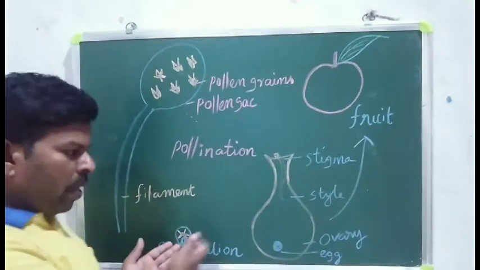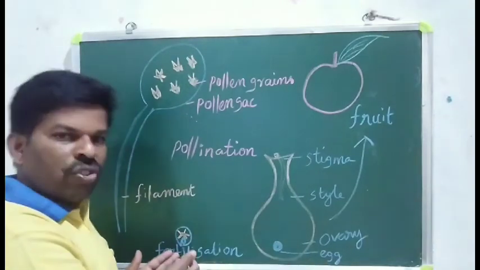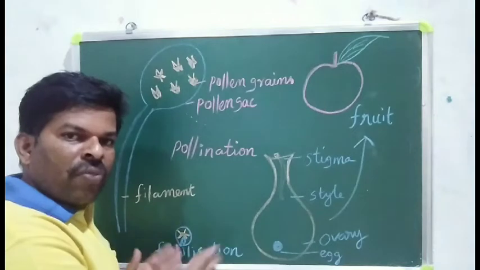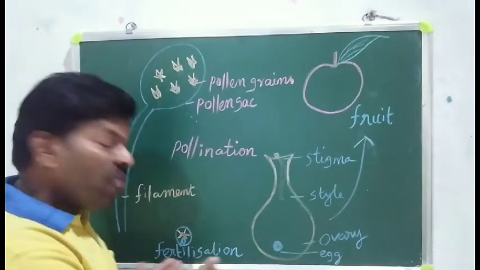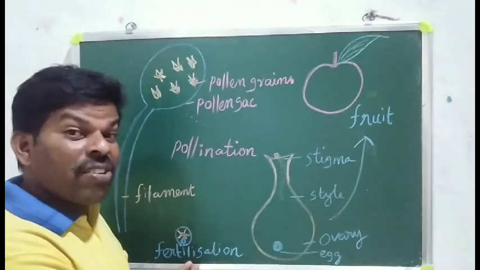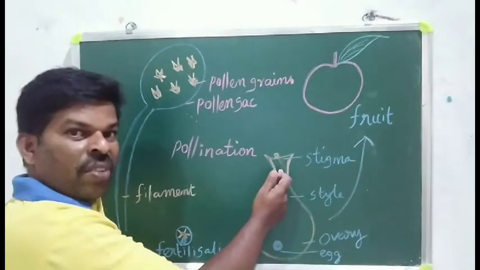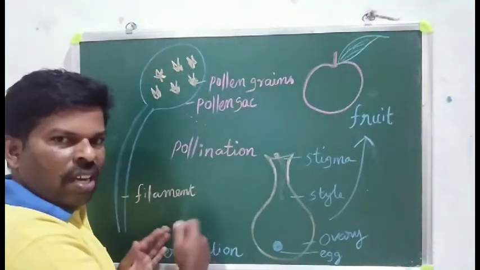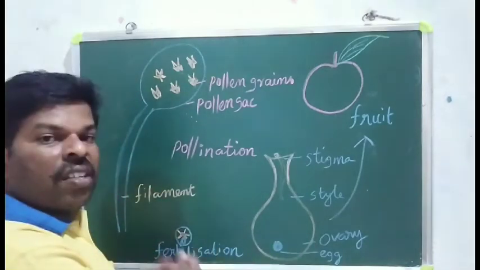Just understand the male and female fusion. It enters there and connects with the egg. Joined to the egg, combined. Is it clear? That is the fusion of the male and the female. The fusion of male and female is known as fertilization. Fertilization. Okay. Pollination here to there, fertilization here to there. Understand the rule I am drawing outside. Okay, this is fertilization.